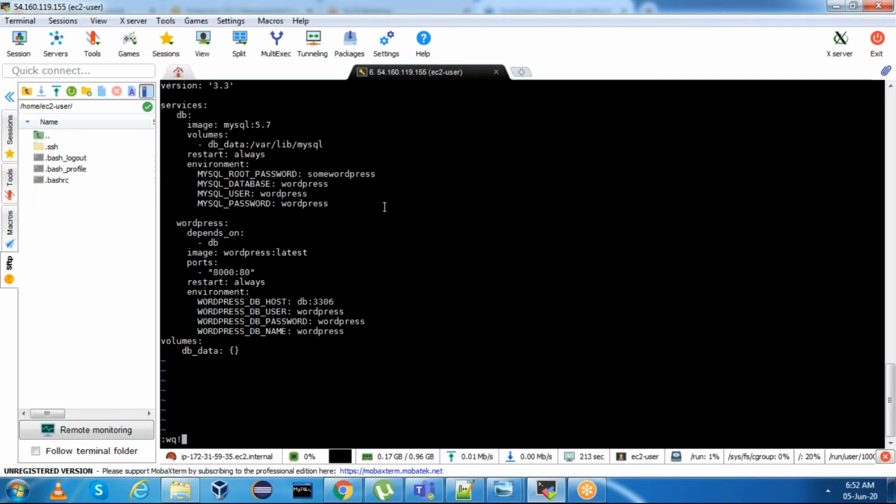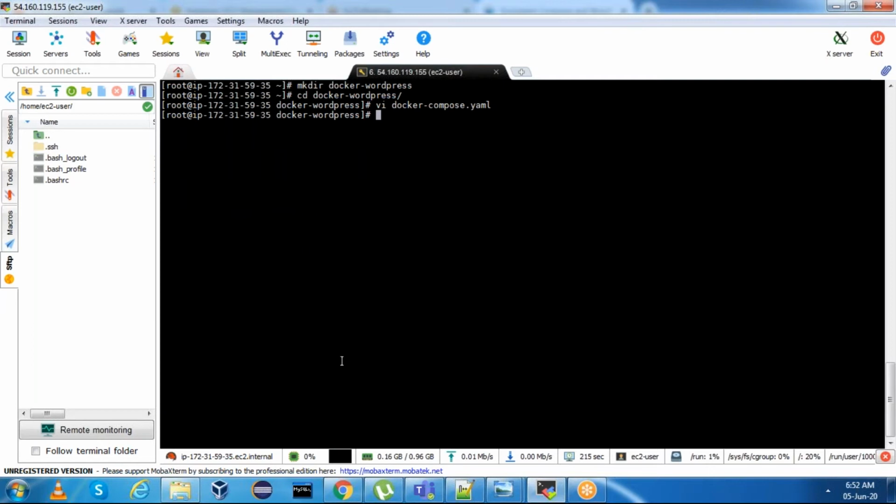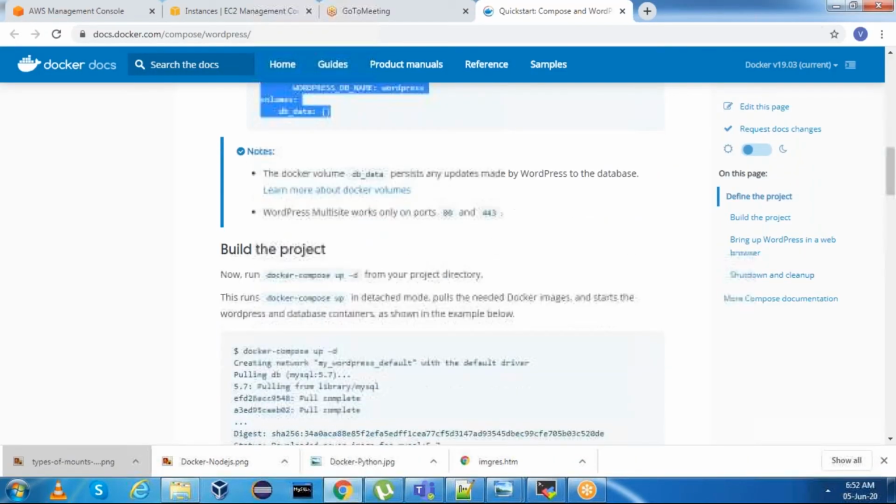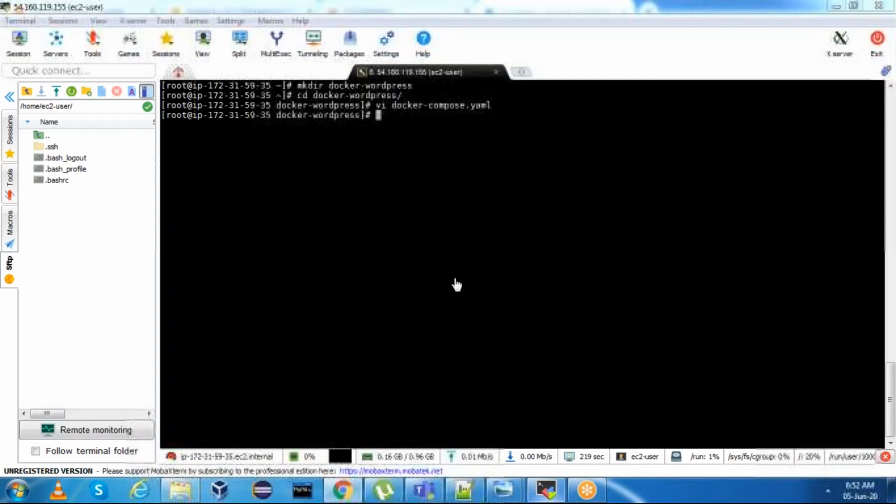Save this. Now we have the Docker Compose file, and what we need to do is build the project. To build the project, docker-compose up -d. I am saying detach, so that this will create the containers in the background.